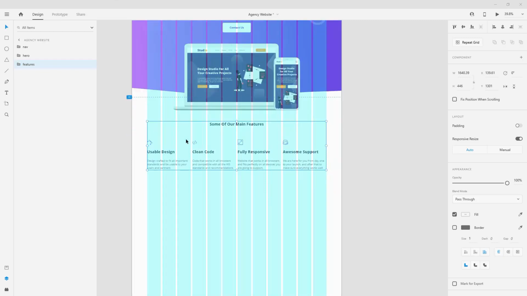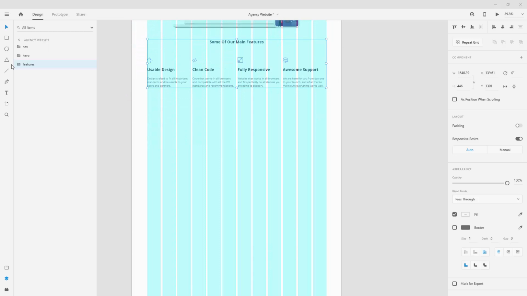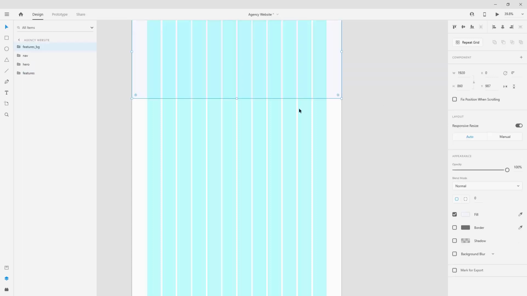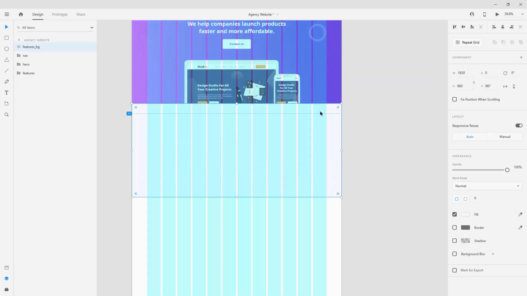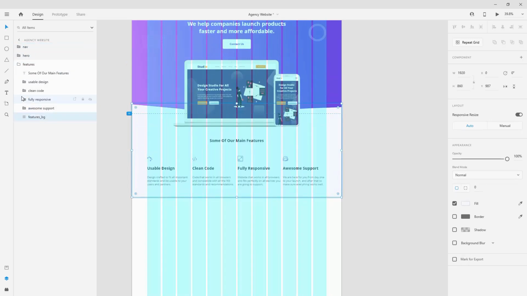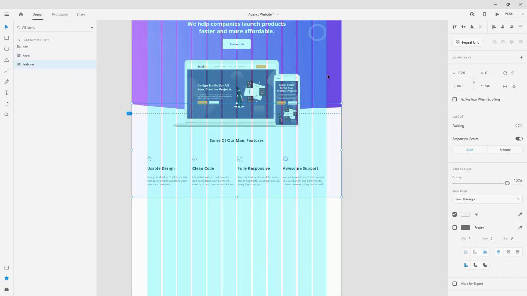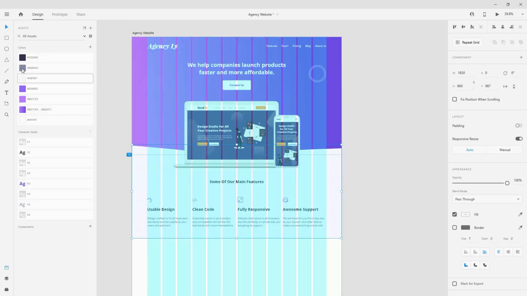So let's move on below, and I'm going to use my background. I have a background in my original design, and I'm going to copy and paste it inside. So here it is, and I'm going to position it right here below, like so. And I'm going to leave it as it is, because as you can see, it's this color right here. So it's really easy, this F8, F8, F8, and it's going to really